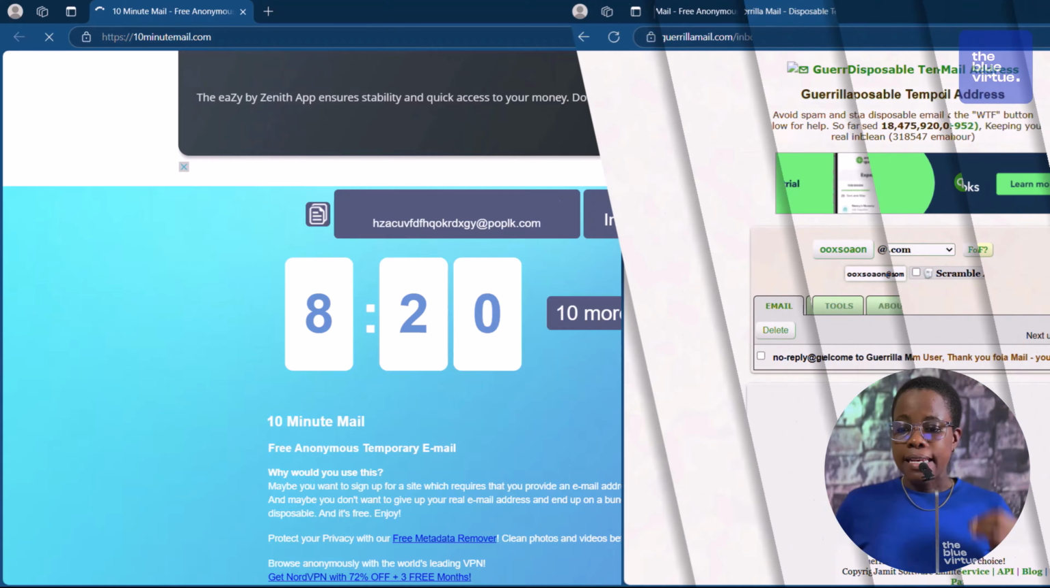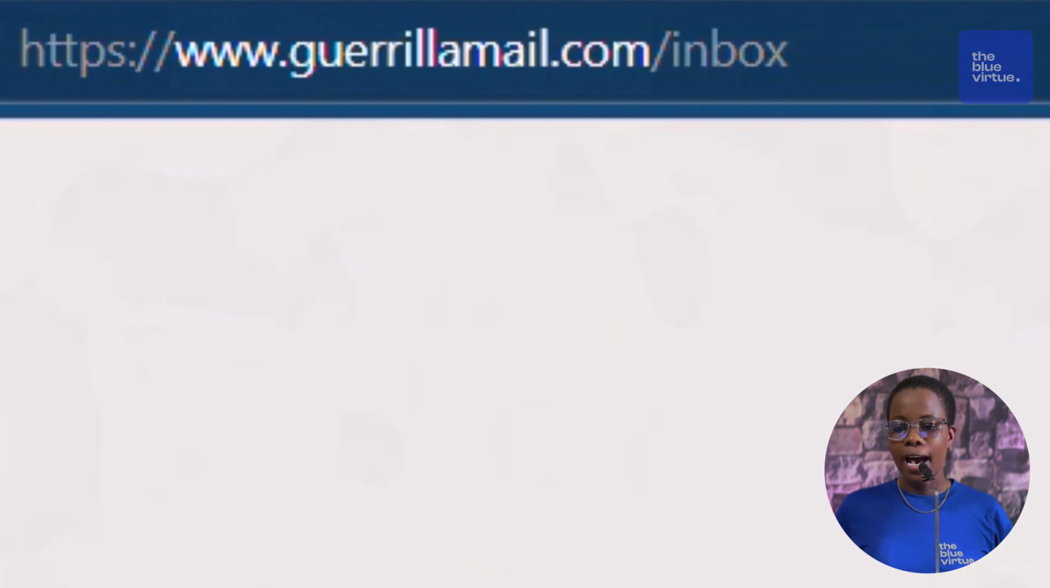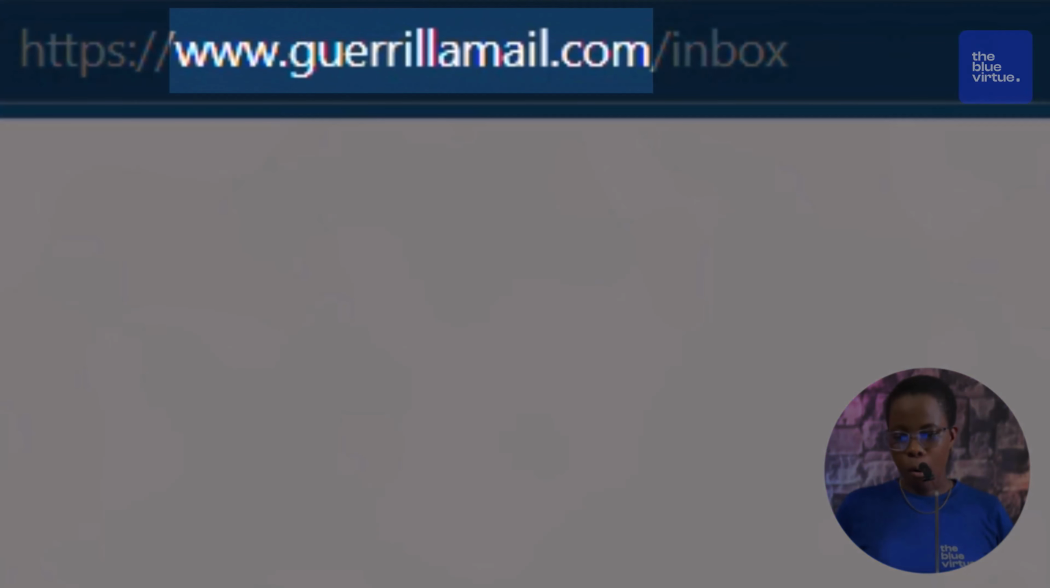Okay. Next, we have Guerrillamail.com. Now, this one has some extra features to it, which I like. This is my temporary email address. To change the username, I can either click on it, type what I want, and hit set. Or you can click the forget me button, type what you want,